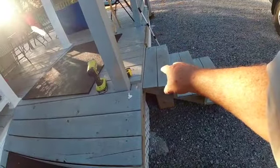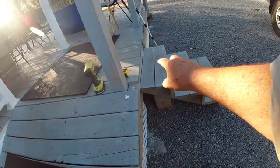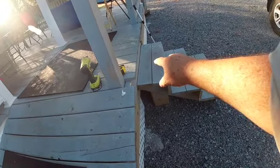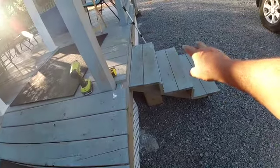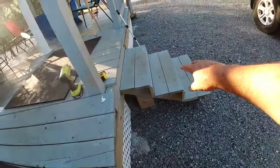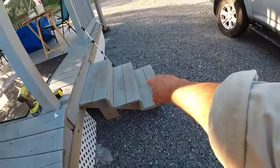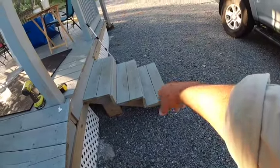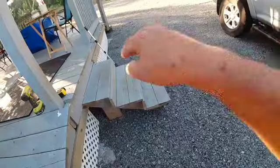If I was going 4 feet, that would be out of 1 16 inch. 4 feet times twice would be 2 of these, and 4 feet times twice would be 2 of these, and that would give me another 16 inch piece to make 2 of these, which would mean I would have another 8 feet left over. So I think what I'll do instead is go ahead with the longer board so that